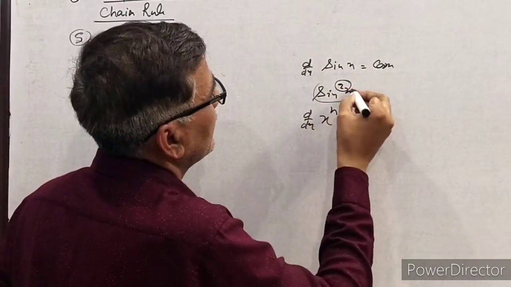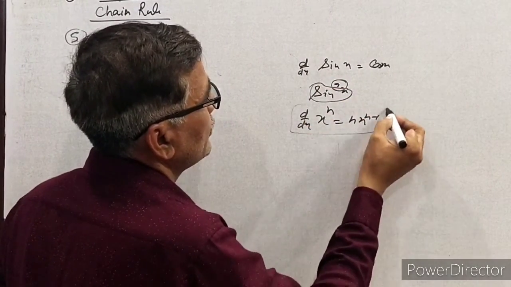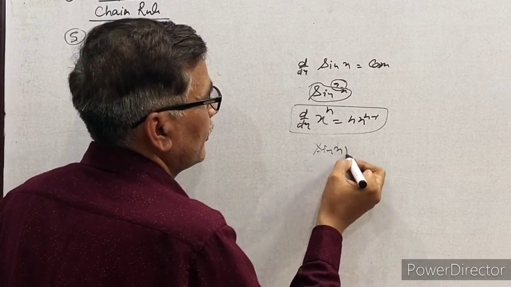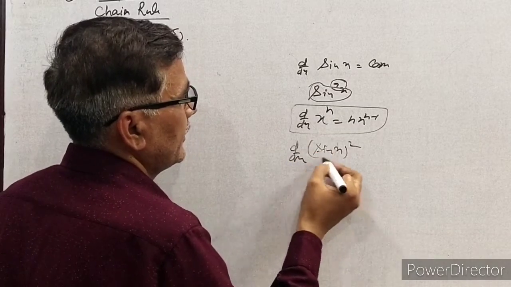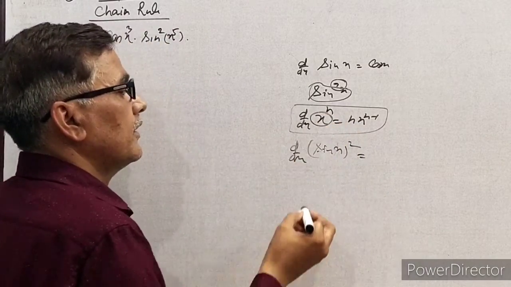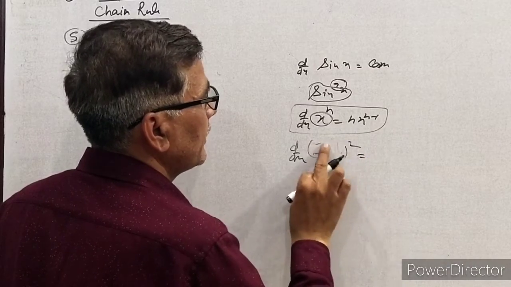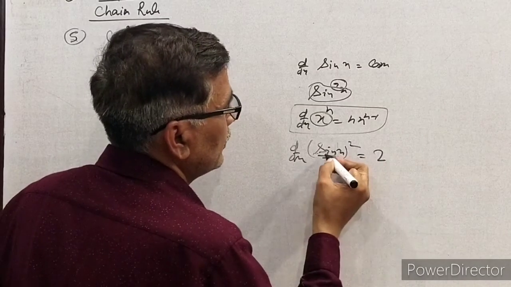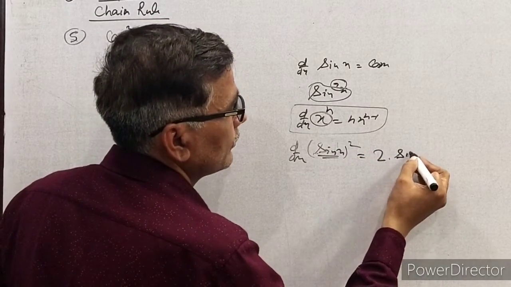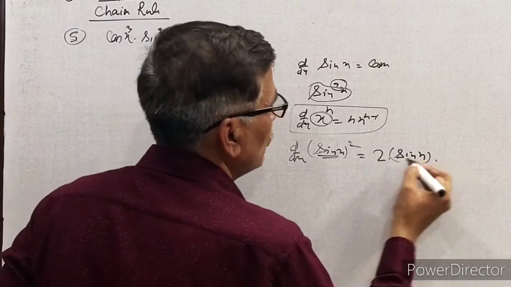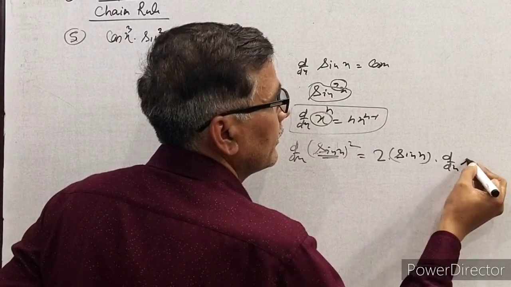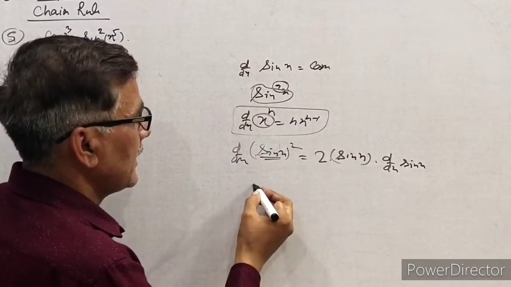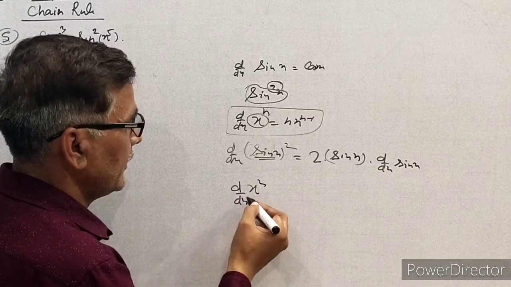ये वेरिएबल है। ऐसी कंडीशन में वी हैव टू ऑलवेज यूज़ सच रिलेशन, दिस रिलेशन। तो अगर हमें साइन स्क्वायर x का डिफ्रेंसिएशन करना है तो जैसे हम x रेज टू n का करते हैं वही यहाँ पे हम करेंगे। इस पूरे फंक्शन को हम x सपोज करेंगे। देन x स्क्वायर मीन्स 2 इंटू x, और जिसको हम x सपोज करते हैं उसका डिफ्रेंसिएशन फिर से करते हैं। बात को फिर से समझ लें।